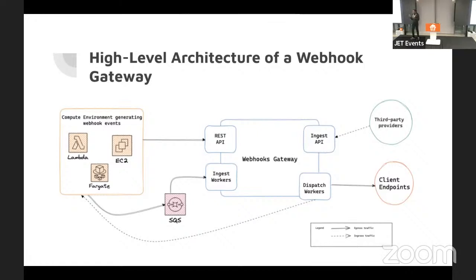And I'm focusing on the outbound parts, but many providers also implement a webhook gateway with an inbound part, where you have third parties ingesting events into your system, and you want a source of truth where you can then route the events to your backend systems and manage these events essentially.